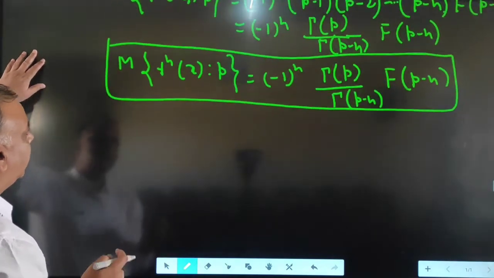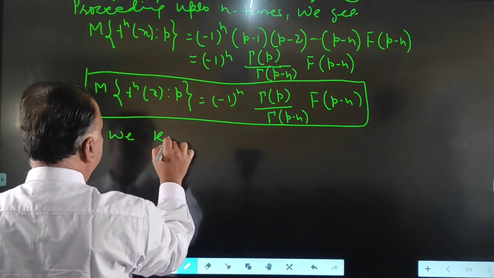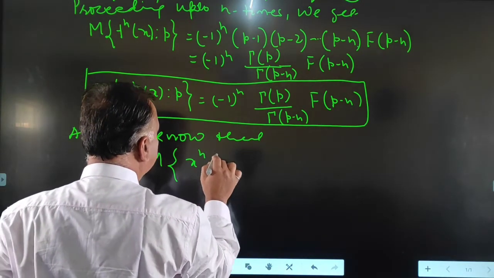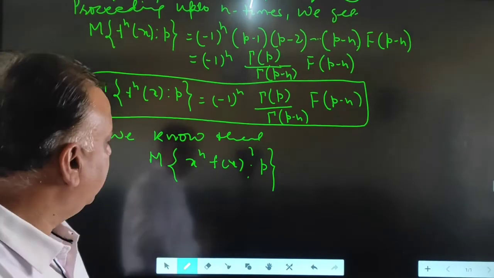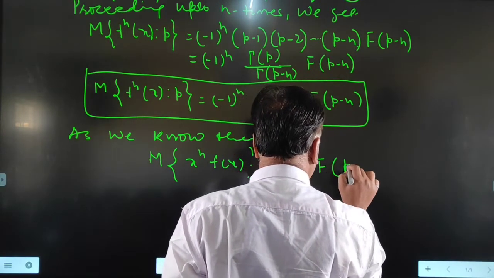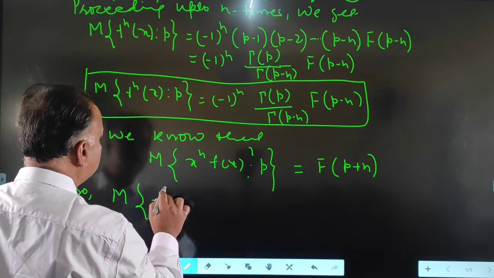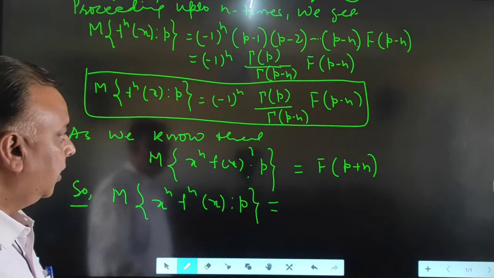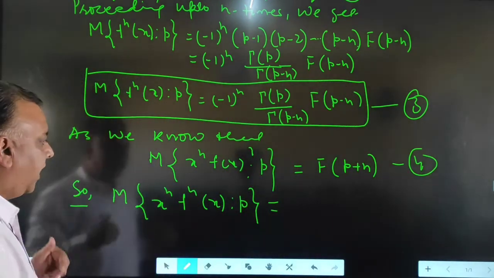Now, as we know, the Mellin transform of x raised to n f(x) with respect to parameter p is equal to F(p plus n), equation 4. So the Mellin transform of x raised to n f^n(x) with respect to parameter p, by using equation 3 in 4, we get this as